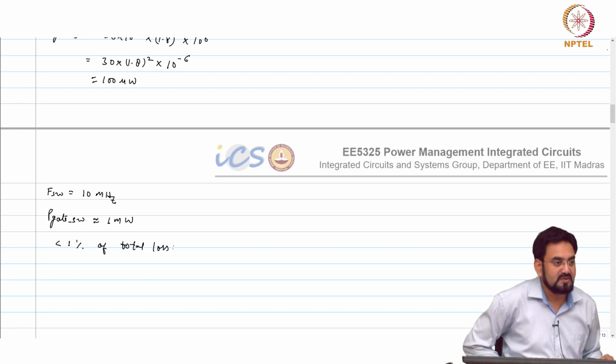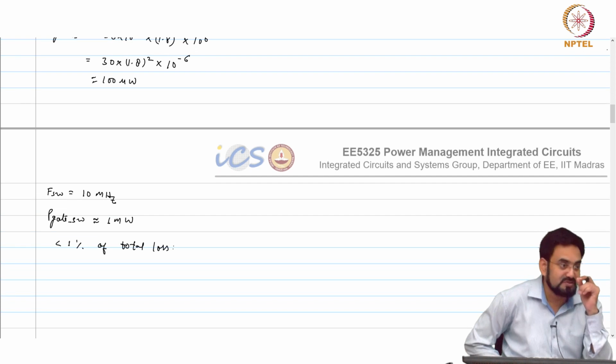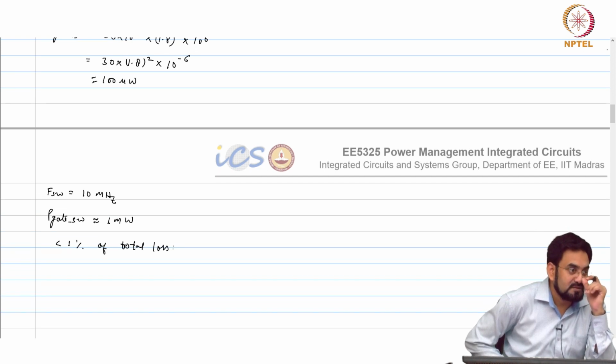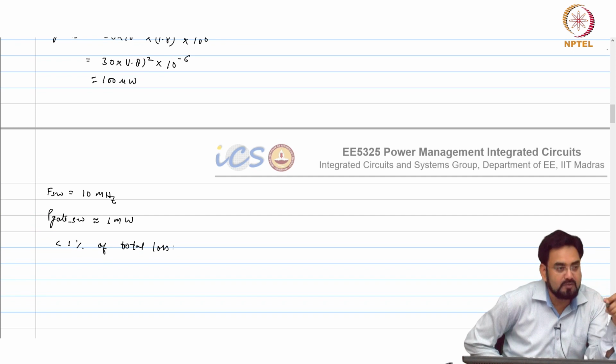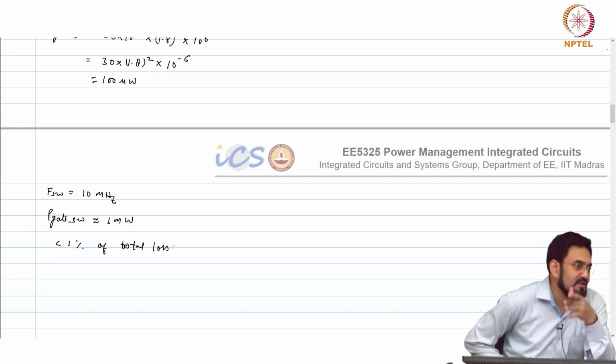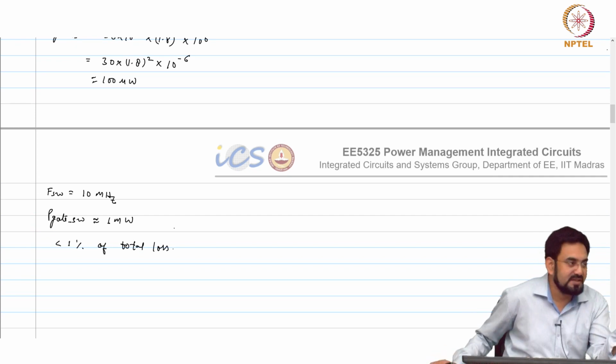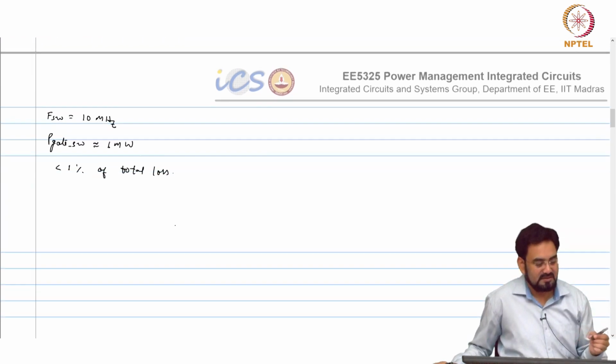Now, what is the other switching loss? So, this is okay for this, but we have one more switching loss, dead time. Okay. So, we have to see if at 10 megahertz that becomes very high, then it will kill your efficiency. So, then we may have to go back and see what are the total switching losses at 1 megahertz and 10 megahertz, then we will finally decide. Okay.